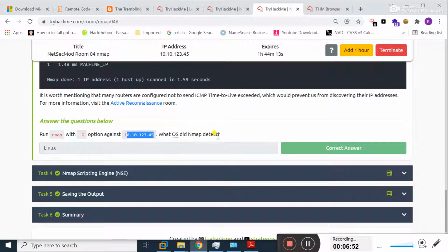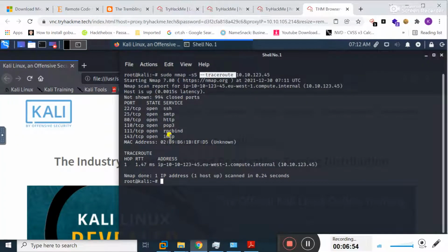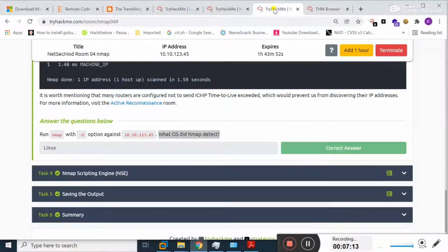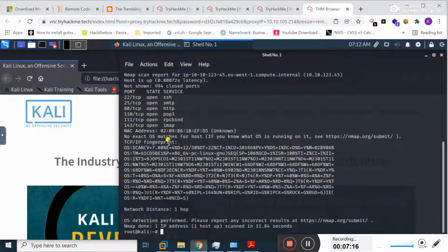Okay, here you can see: run nmap with the -O option against this IP. What OS did nmap detect? See here, if I again use this command and press enter, the OS detected by nmap is Linux. Let me show you.